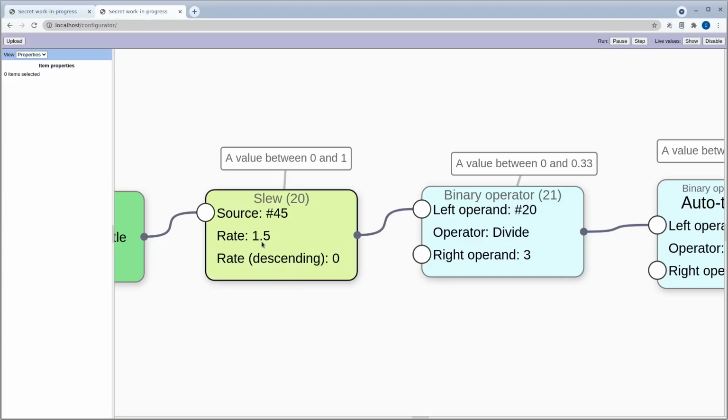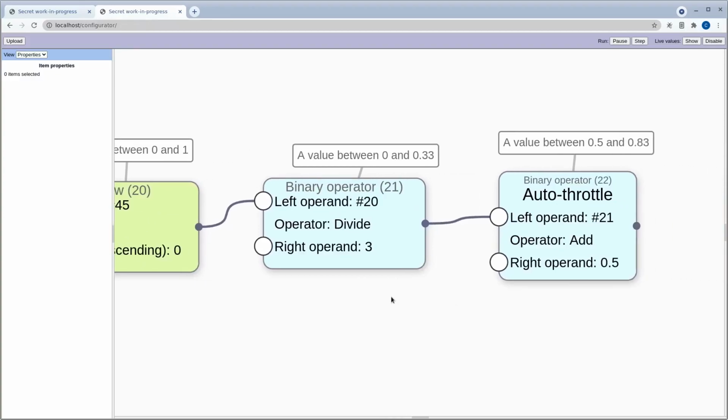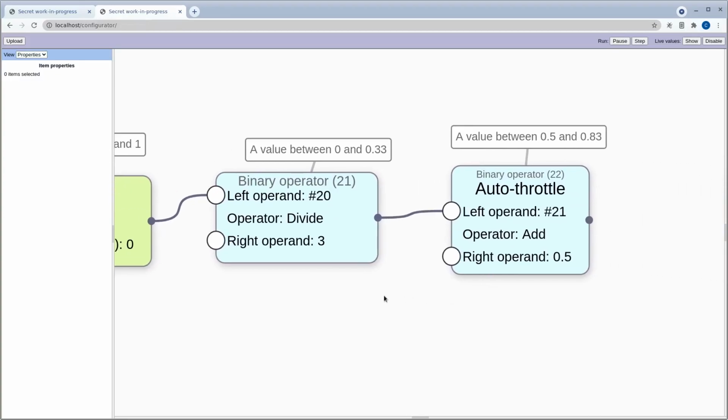So instead of having the throttle come on suddenly, I wanted it to take 1.5 seconds to get from 0 to, well, not full throttle, but a third throttle like that. And when it's turning off, we don't have to worry about that. So the slew for cutting the throttle is just 0 seconds. It just immediately turns the throttle off, and it just kind of rolls a little bit. Then we just have a couple more simple binary operators to get that in the right range for passing it